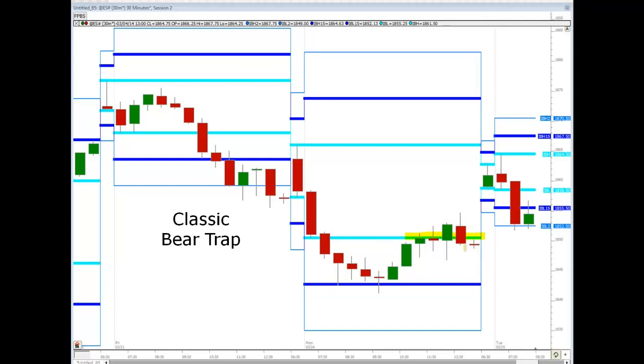So what happens quite often is, since this is now perceived as a level of resistance, and we have in fact been in a downtrend, that's really the trend that's been going on in the past 2 days, some will choose to hold on to a short at this point, thinking that prices will continue lower. And the market does give the impression that we have met a level of resistance here, especially if you take